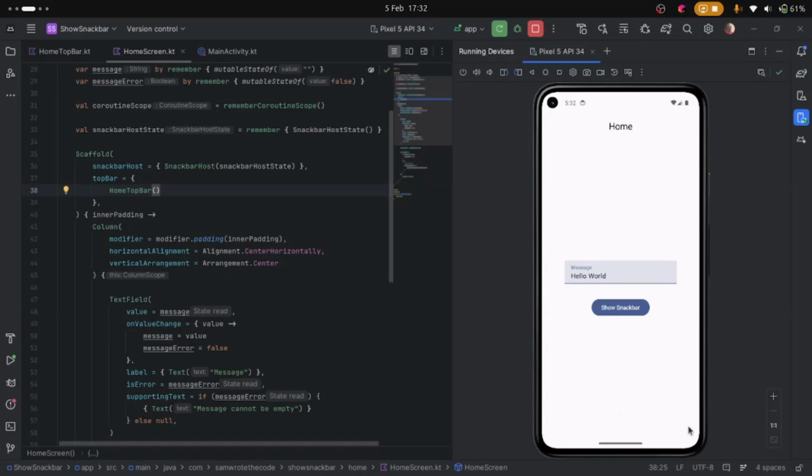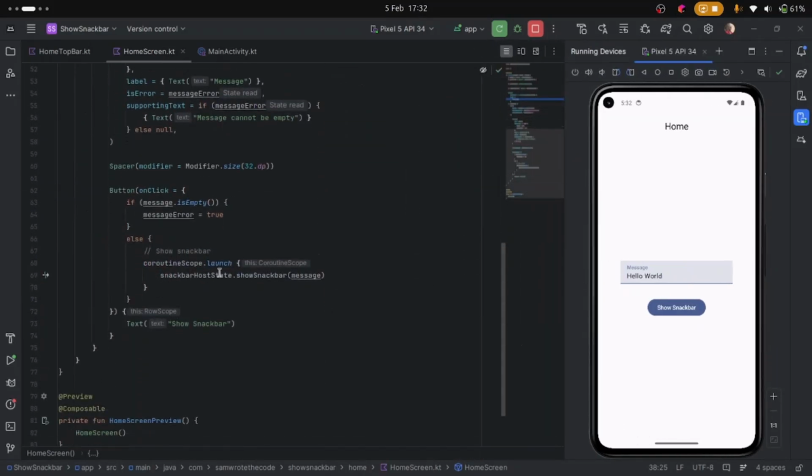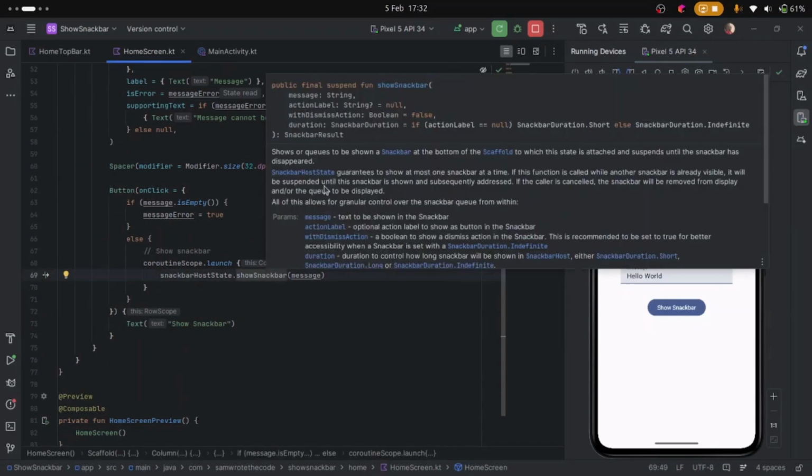We can also go an extra mile, whereby we can make it to be indefinite, and also we can add that action button, an X. We can add an X icon, a close icon at the end of our snackbar. So to do so, we come to our SnackbarHostState.showSnackbar. So showSnackbar has the following parameters: message, our first parameter, which is a type of string,